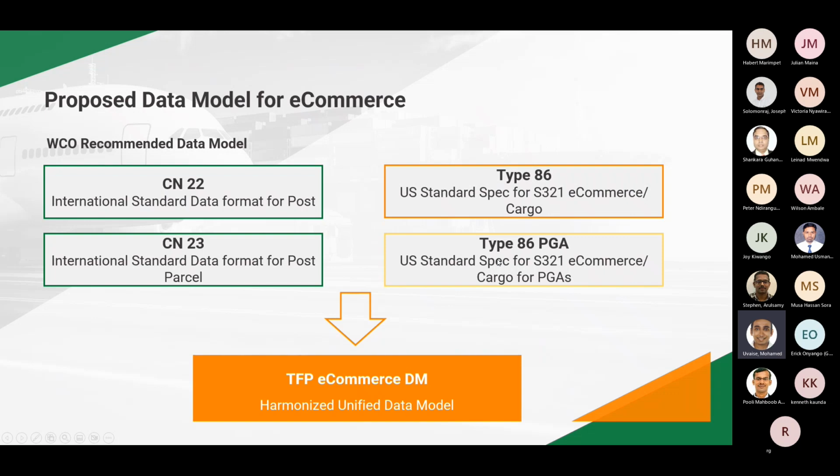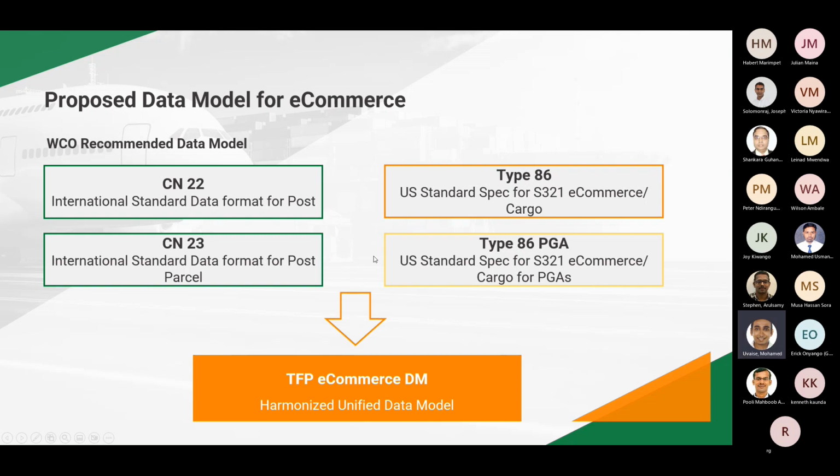So before I go on into the demonstration, maybe a quick overview of the data model that we have put in place in the e-commerce solution. It is based on the WCO recommended data model that incorporates CN22/23 types of data elements, as well as our experience in the US implementation, where they have Section 321 for e-commerce types of shipments, with a declaration that covers type 86.